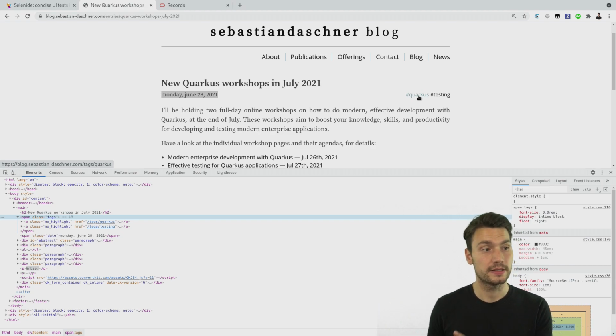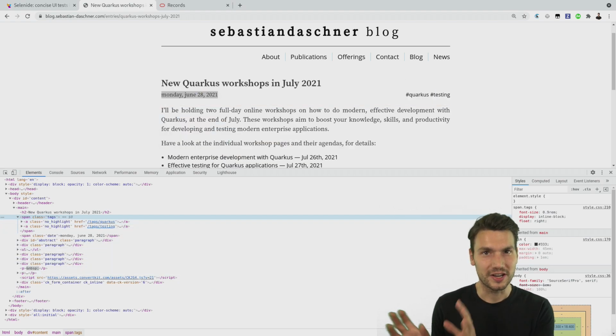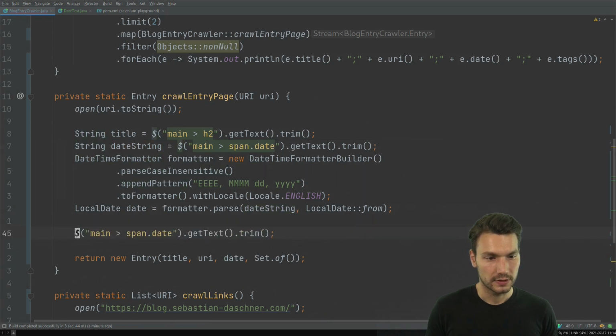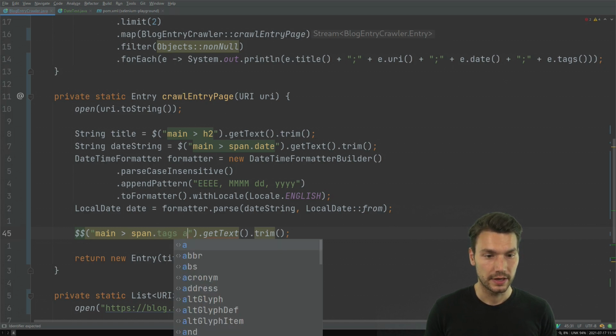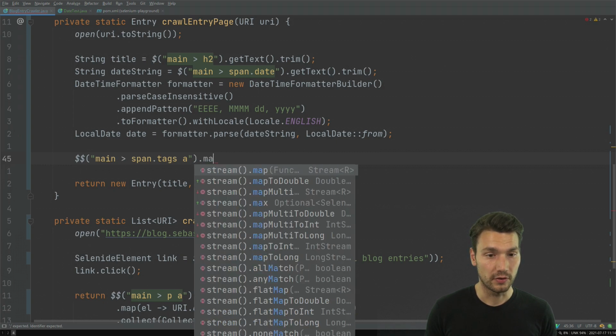If that wouldn't be the case, I could also go and find out by the href whether that is the case, whether I need to check it further, which element to filter or to find. All right, in this way I can just go similar to what I had before. Now take again the $2, find all the elements, span .tags, and then all the links thereof. And then of these, well, just go and say, actually, for all of them,